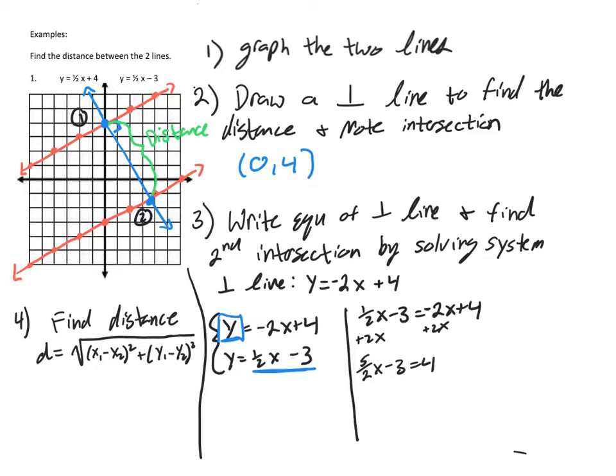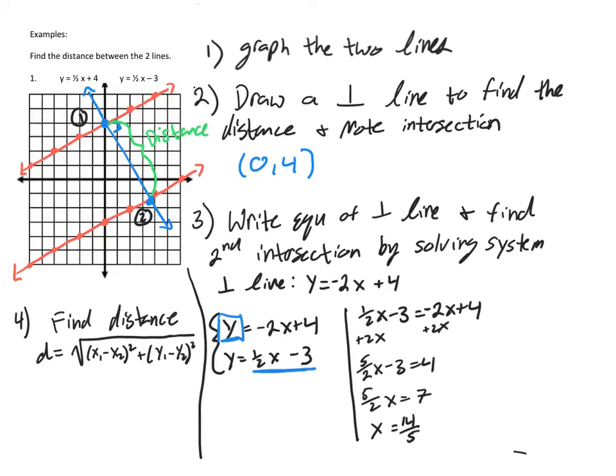Adding 3 to both sides, we'll get 5/2 x equals 7. Then we'll multiply both sides by that reciprocal. So we'll take 7 times 2/5, and we'll get that x equals